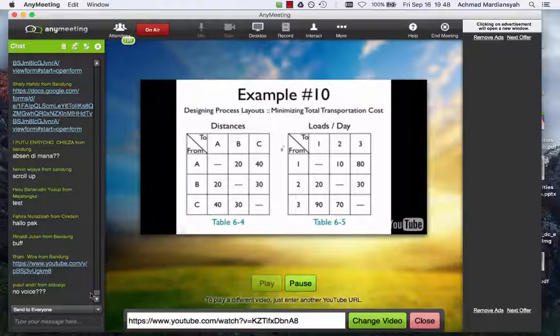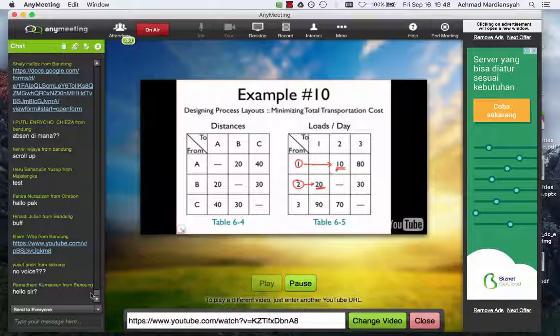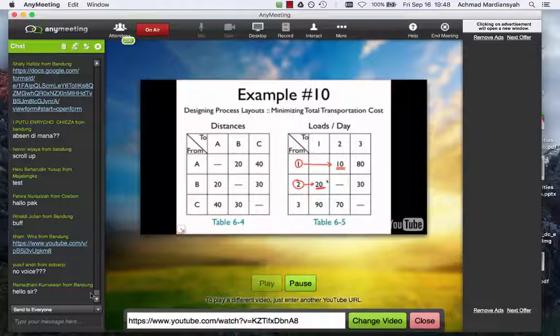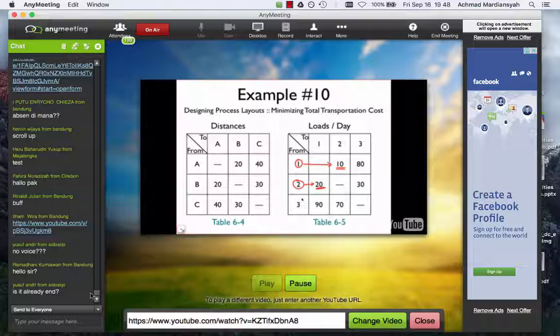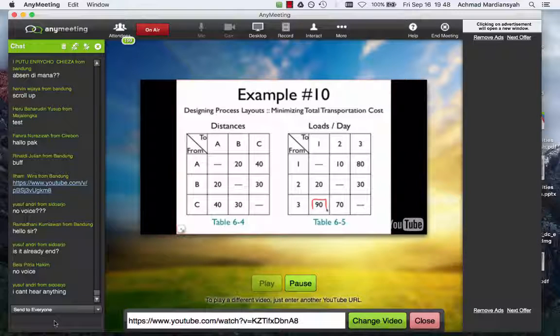The next thing we have are the number of loads per day between the different departments. Now this isn't symmetrical, so you can see product moving from department 1 to department 2, there's 10 loads a day, but from department 2 going into department 1, there's 20 loads a day. So it's not symmetrical, but that's okay. Maybe you're taking a large box and you're breaking it down into a number of smaller pieces and transporting them around. One thing you should take note of, though, is where we incur the most number of loads per day.